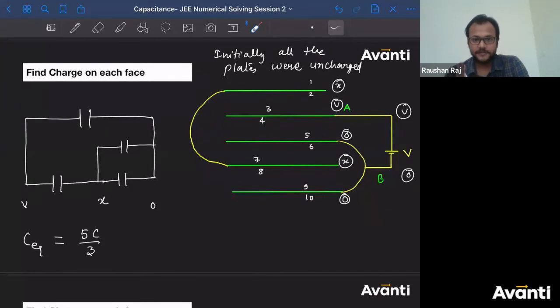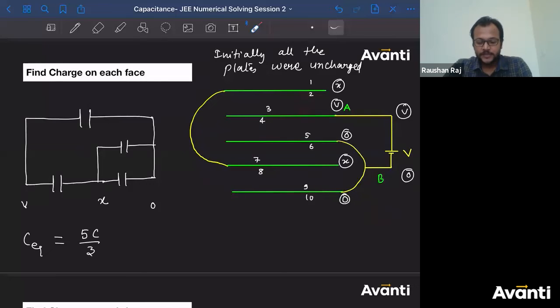Yeah, C and V मालूम चाहिए, right? C is the capacitance of the capacitor. What is V? The potential difference across the capacitor. All right. तुम्हें क्या करना है? If you want to find out what is the charge that will come on 2 and 3, because 2 and 3 will get equal and opposite charge, because they're what?